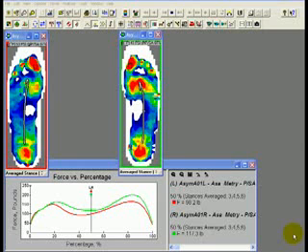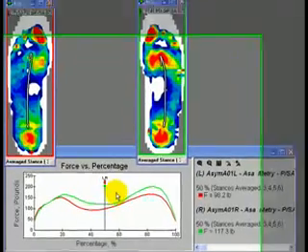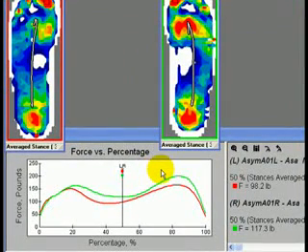Another way to further identify asymmetries between left and right foot is to add a graph to the equation. So you'll see that there is a red box around the left foot, represented by this red curve in the graph, and there's a green box around the right foot, represented by the green curve on the graph. And now these curves represent the loading pattern for each foot, and you can tell just by looking at them